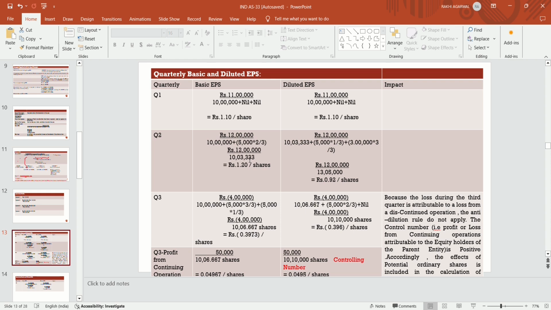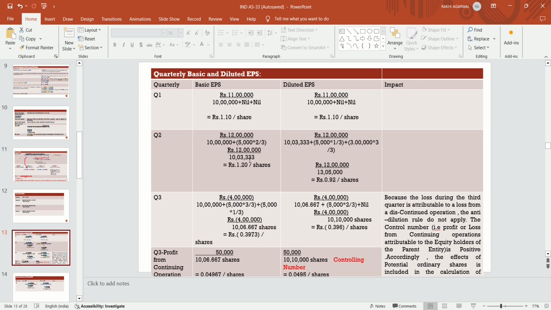So the basic EPS in quarter 2 becomes 1.20 per share. Now, in case of diluted EPS, what happens? 12 lakhs is there, and the denominator becomes the basic number of shares, which in quarter 2 we had determined as 10 lakh